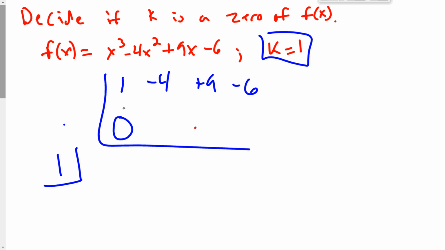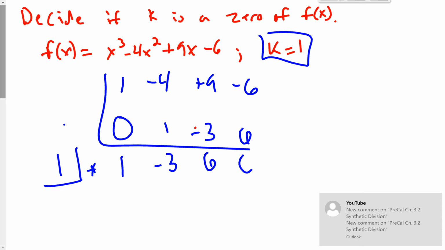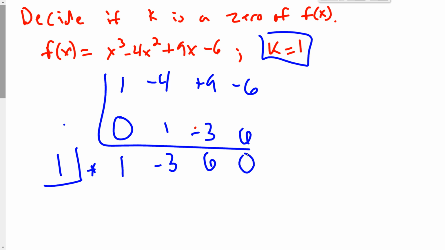So then you go and throw it through, add these two, 1, then multiply, right? Multiply is 1, add these, you get negative 3, multiply, negative 3. Sometimes you're making mistakes, it's just in your adding of negatives and stuff. 6, 6, we get 0, so that's good. So because I got a 0 here, that means that I have a point 1, 0, which means that k equals 1 or x equals 1, doesn't matter, that k is just an x value, is a solution